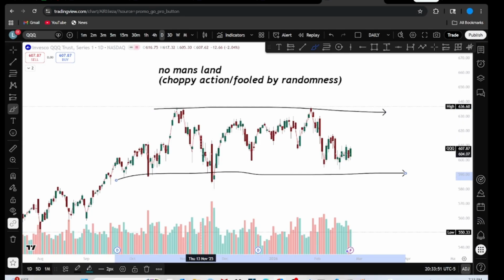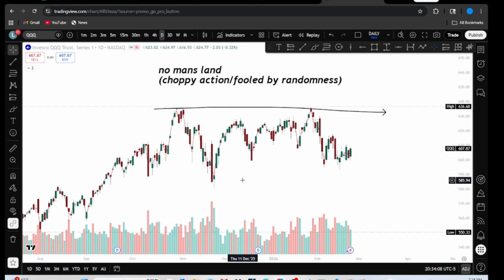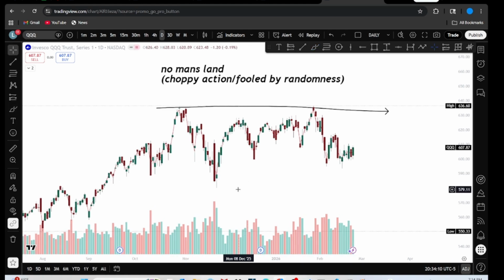There might be a couple days here that have edge where you have some breaking news that comes out, which there's a lot of traders who do really well in those types of trades. You might have a little bit of an overextension to the downside like we did here, and maybe people position and get that major recovery. There's little things like that, but from my perspective and from what I've observed with all the traders that I know is that this is complete randomness and there's no edge.